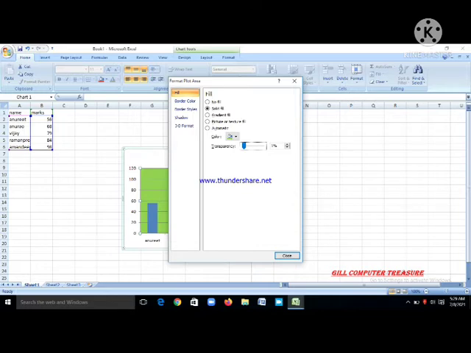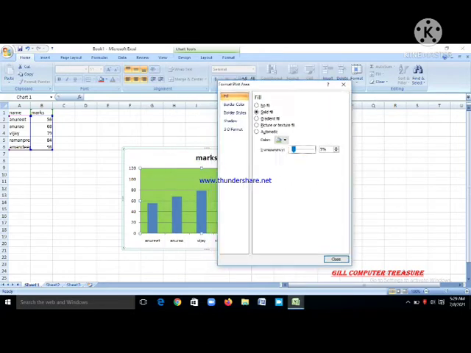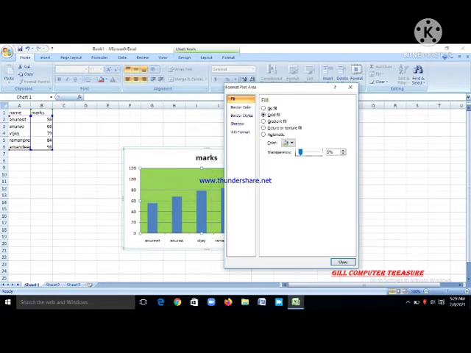It means how dark or how light you want to show that color, according to the transparency. Then you can set anywhere. Then close. After that you can see your plot area background will be changed according